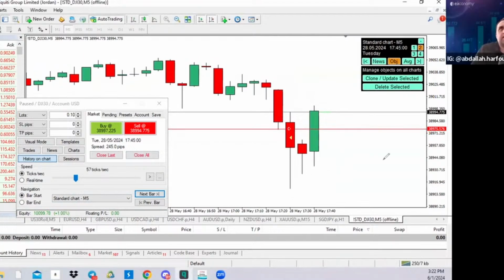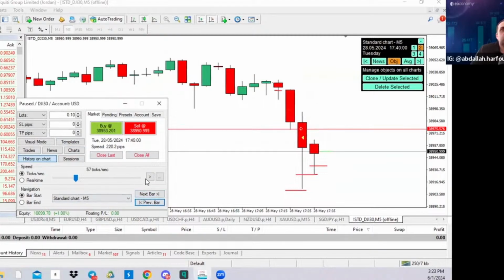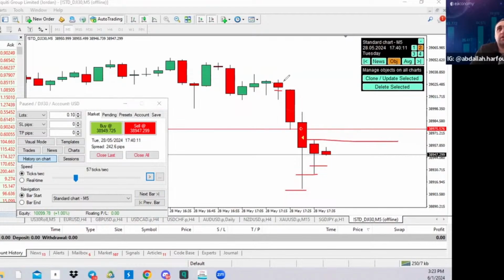Here, as you can see, it reversed. Low, higher, low, higher, low. Now breaking up, look, low, higher, low, higher, low, higher, low. Now it opened, it made a wick down, and we have this support here, which is the market structure is